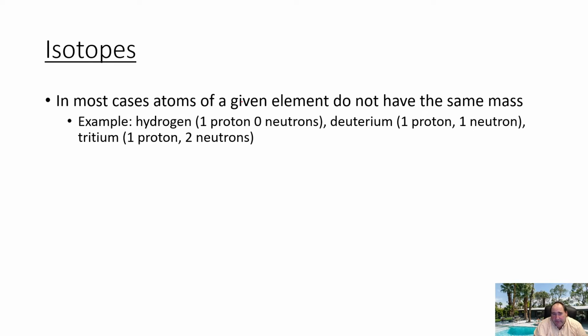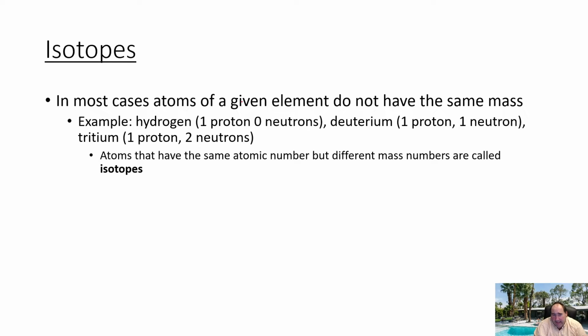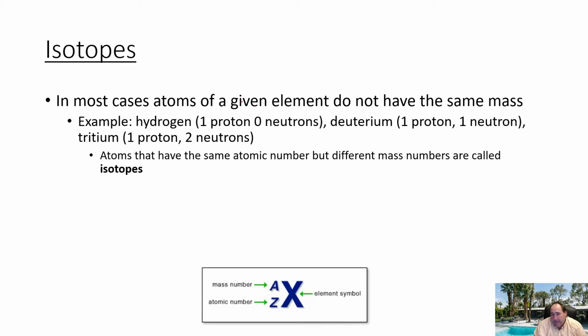Now, isotopes are, again, one of those things that were discovered that in a way disproved parts of Dalton's atomic theory. That was the part where he said that atoms of the same element are identical to each other. So again, these isotopes basically have the same element, but have a different mass.